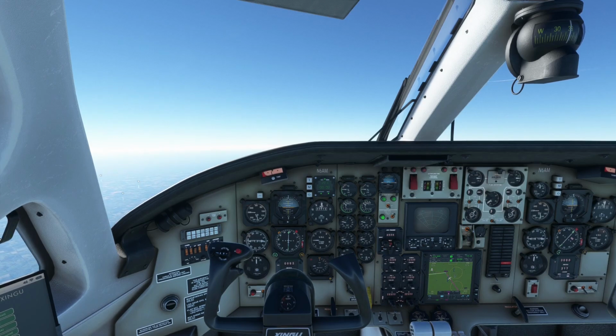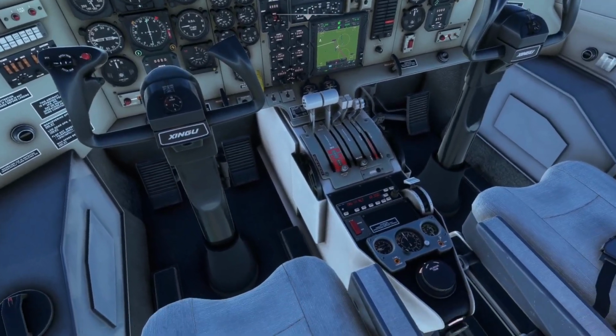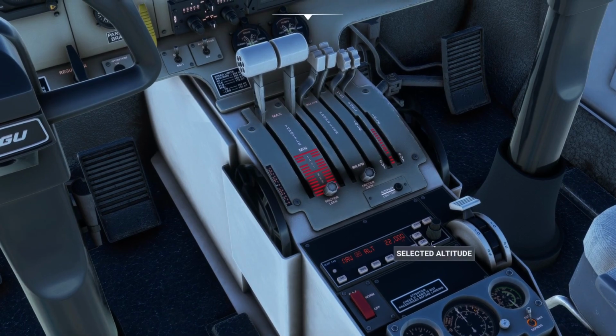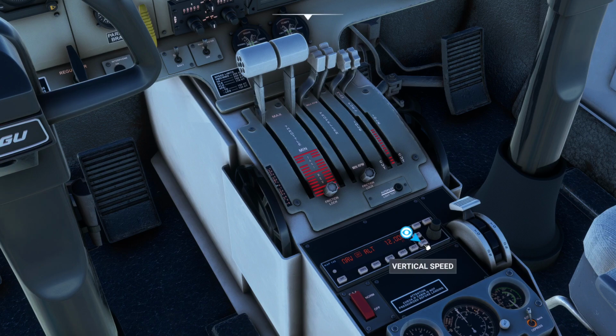Guys, we're back. I'm going to start descending here in a second. It doesn't have VNAV, so I'm going to have to do my own calculations. You have to cross a certain waypoint at 12,000 feet, so what I'm going to do is put that in. Then